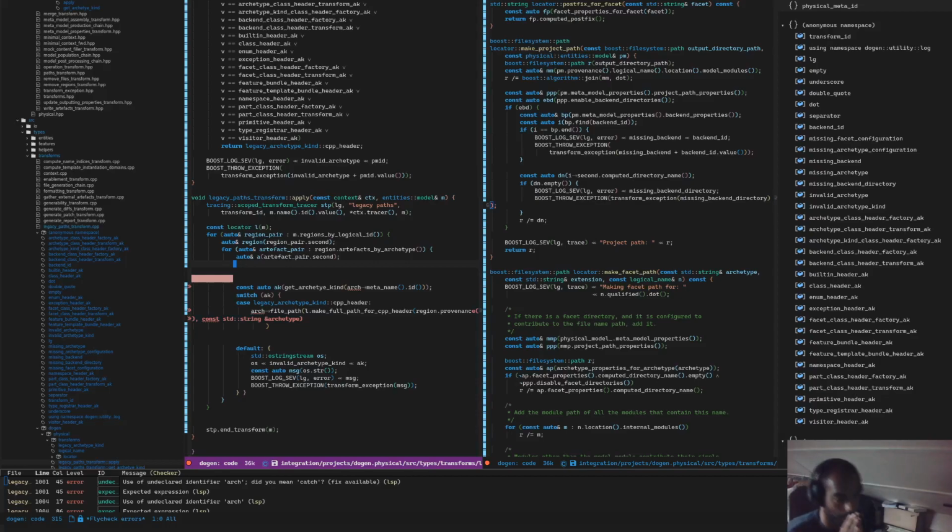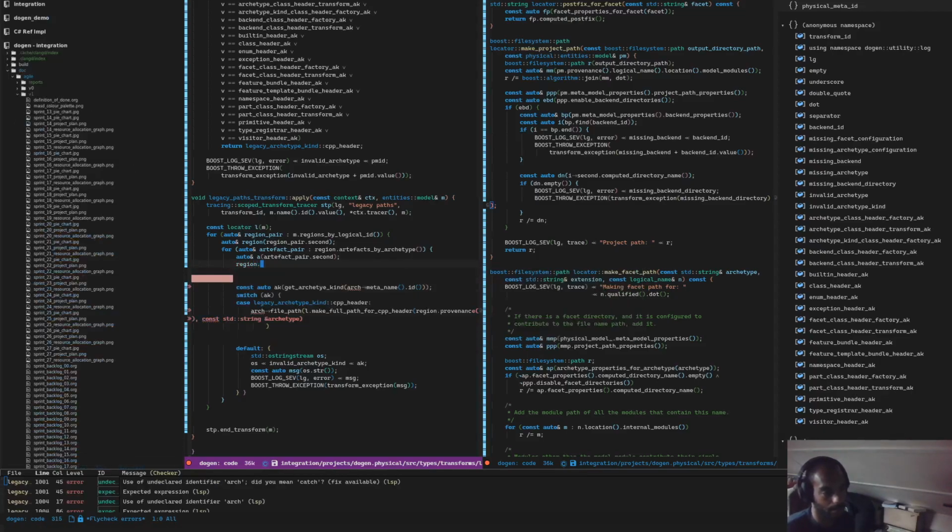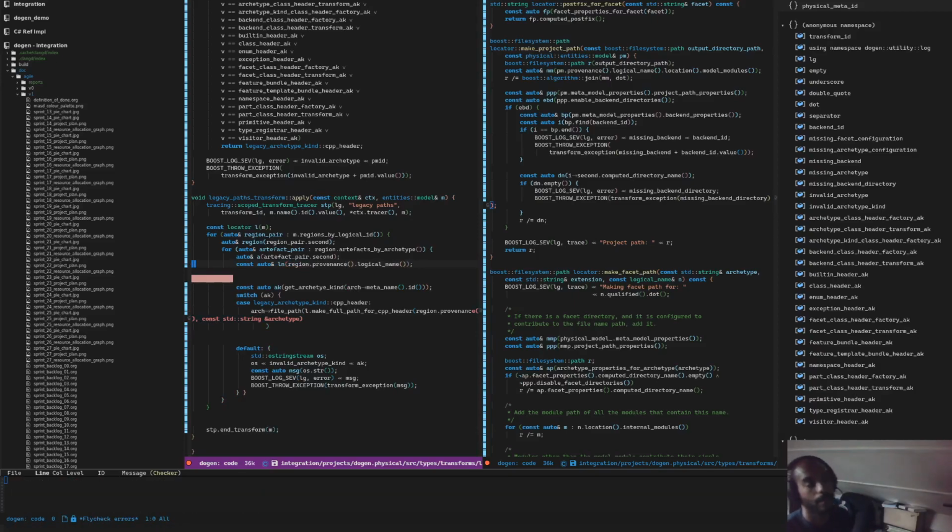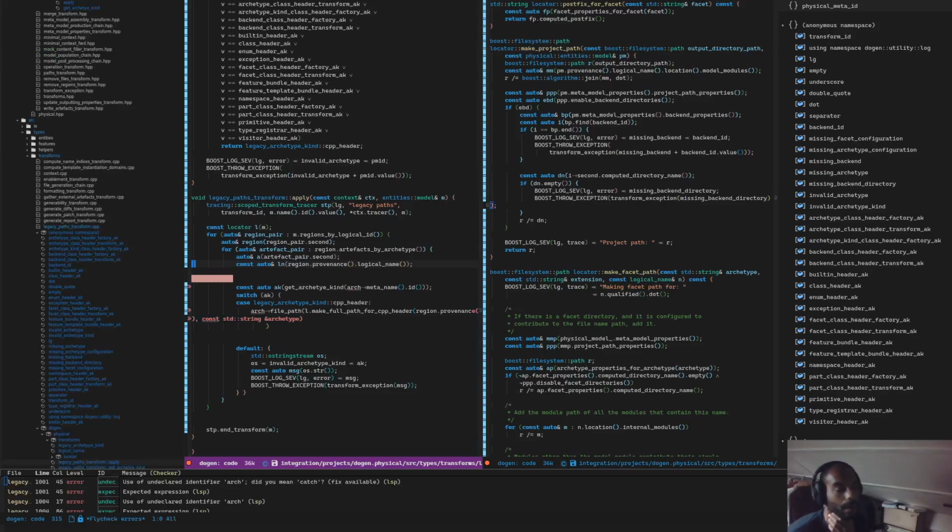Let's think about this then. So we just need to compute the path for this archetype. And we just need 2 bits of information. The first thing is we need to have the physical model ID, or logical model ID, should I say? So region dot provenance dot logical name. So const auto by reference logical name. And we just need the logical name, and we also need